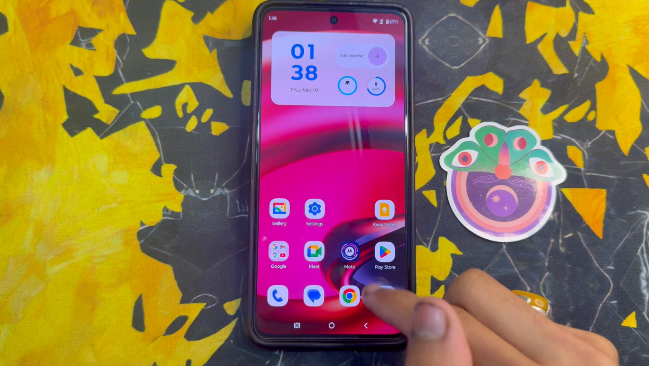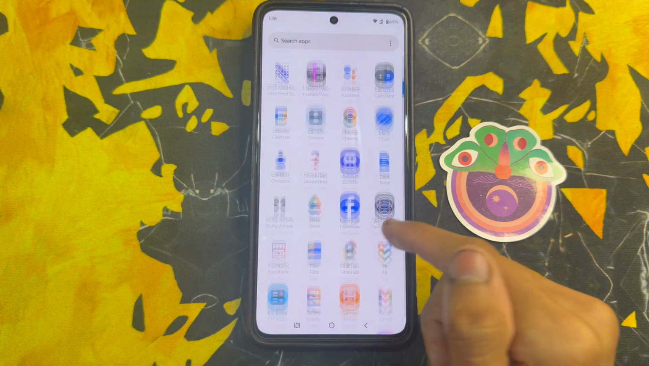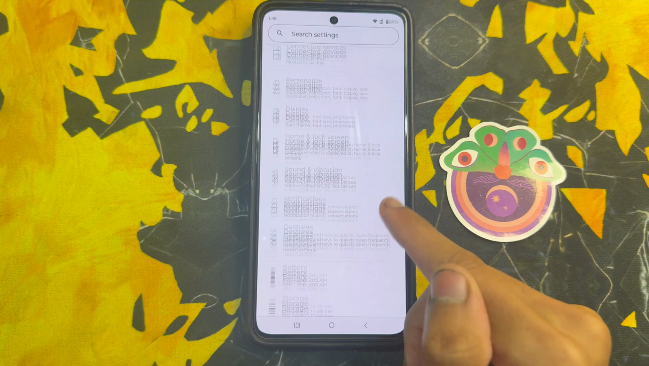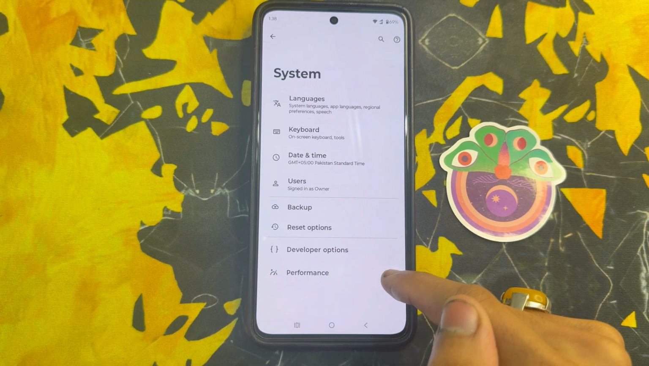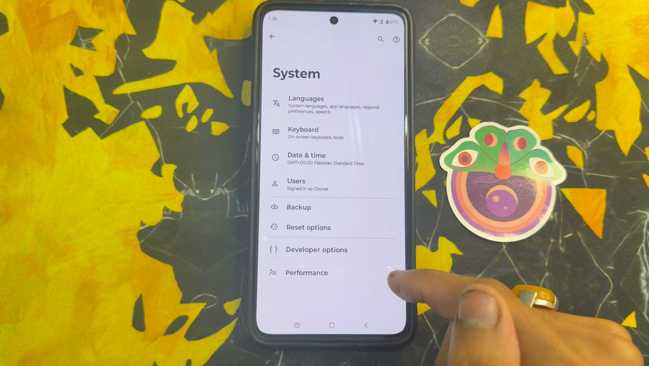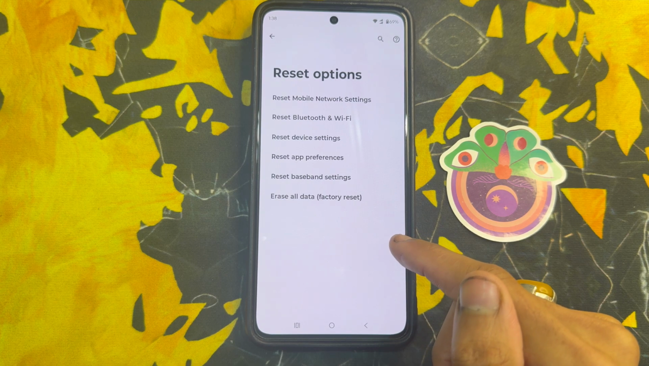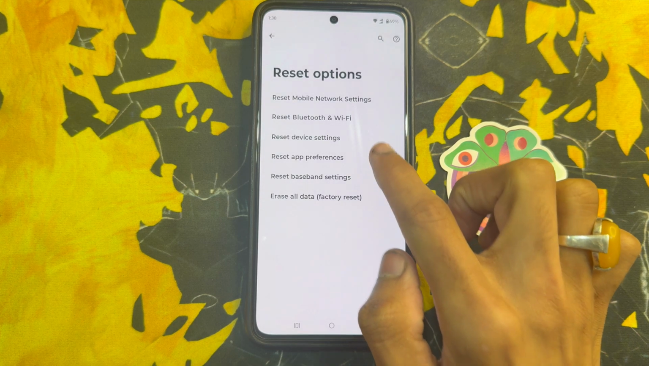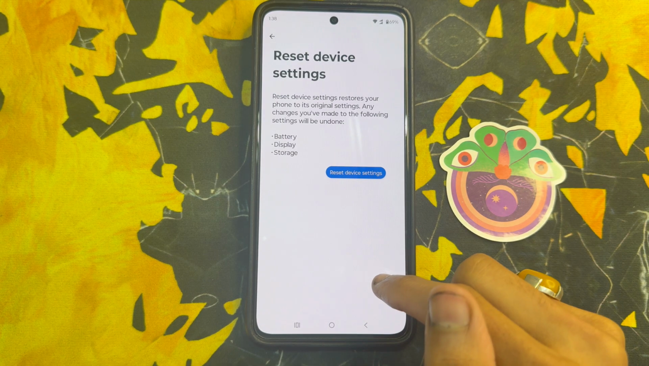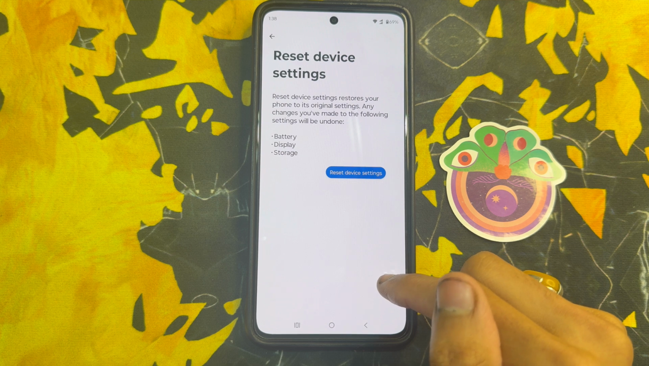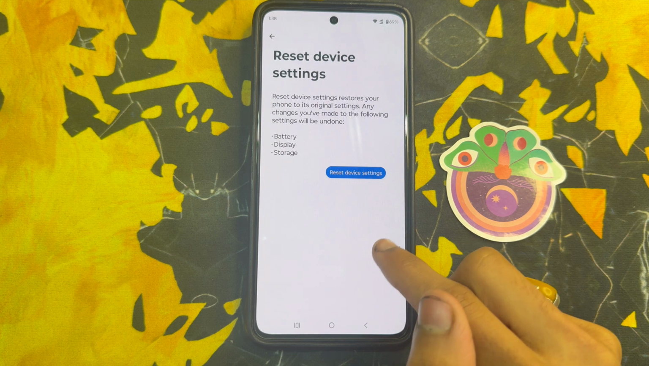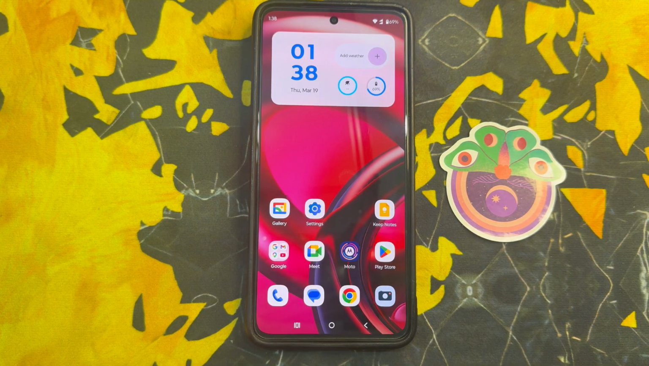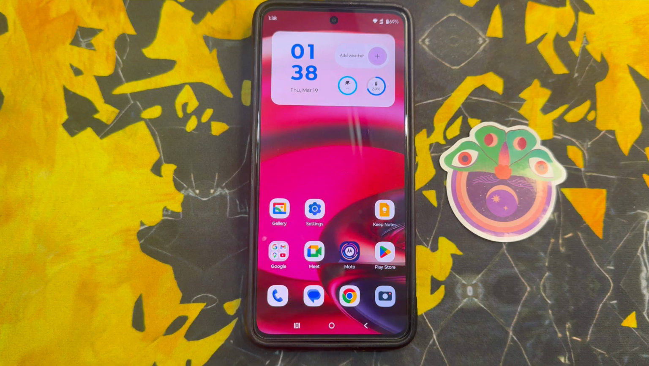go to the app library, scroll down and click on the settings app. Now in settings, scroll down and click on system. After clicking on system, click on the reset option. After clicking on the reset option, click on reset all settings. After clicking on reset all settings, wait for the process to finish, then go back to the home screen. You will see your problem is solved, but if it is still not solved,